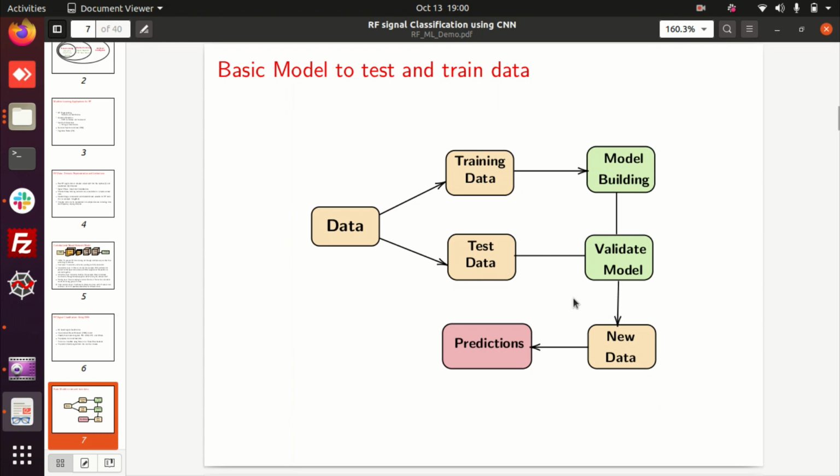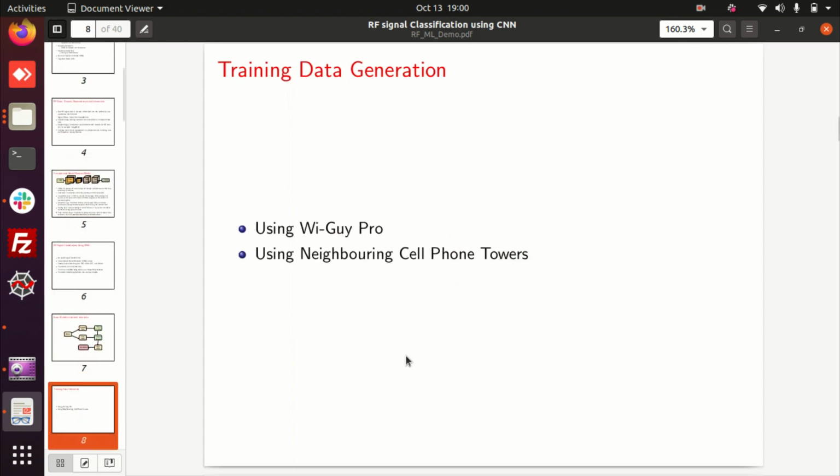You will see the predictions, how many have been correctly classified, and if there is any misclassification between the signal classes, you will be able to know those things.